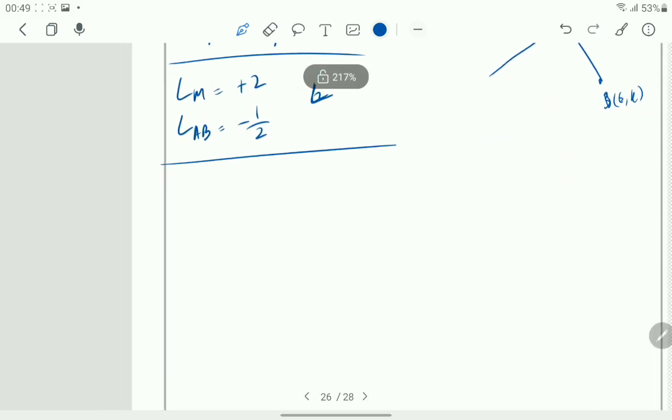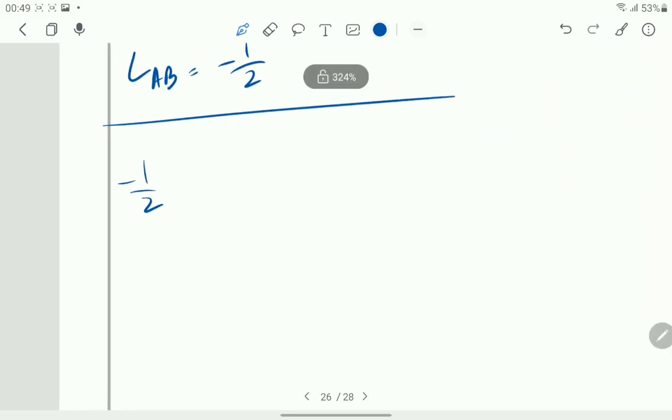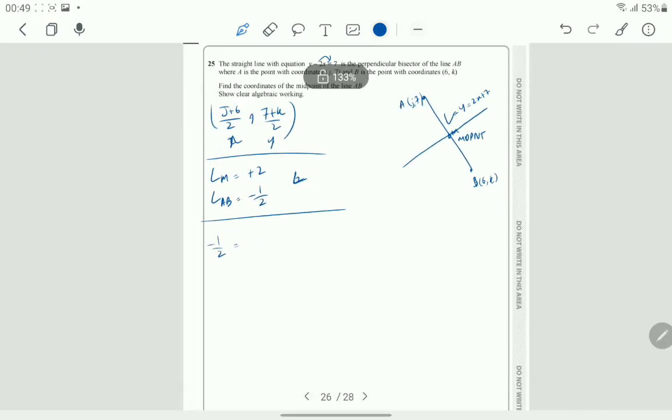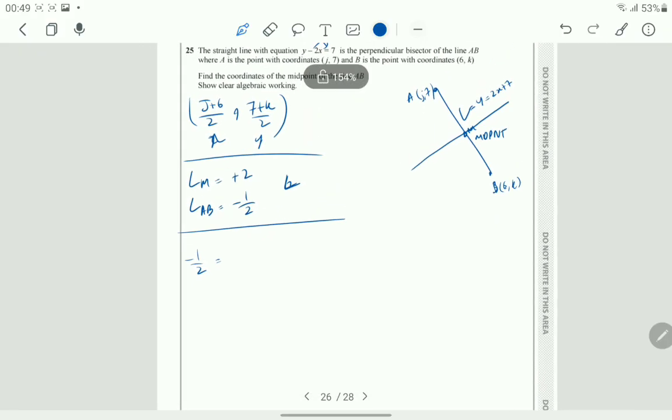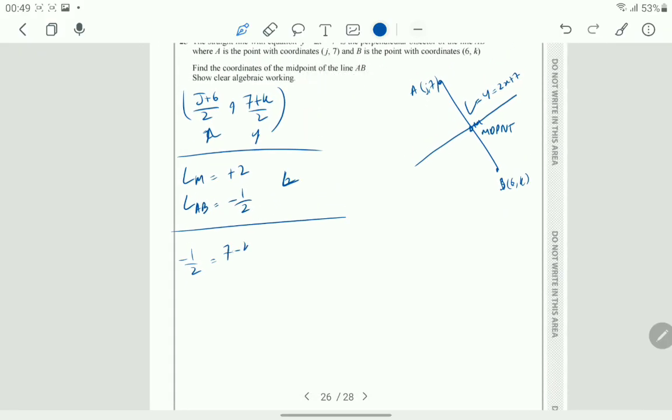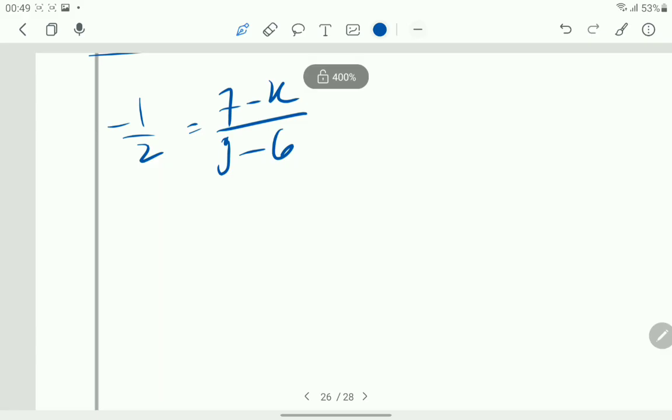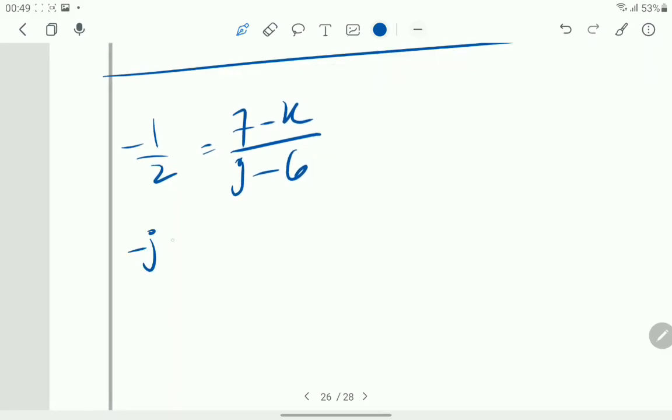And using the formula for gradient, we get that y2 minus y1 is something like 7 minus k over x2 minus x1, which is j minus 6. We get that minus j plus 6 equals 14 minus 2k. So we have 2k minus j equals 8,